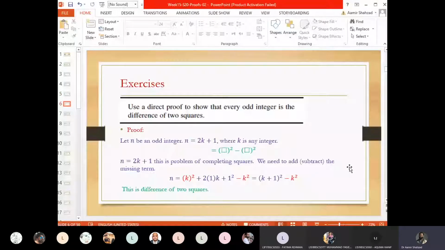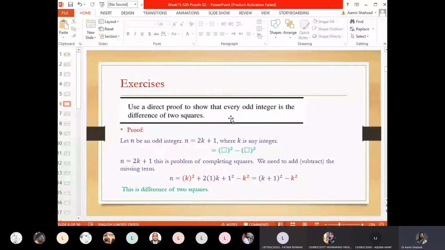Let's do another example. This is an interesting example. Use a direct proof to show that every odd integer is the difference of two squares. हमारे पास जब भी कोई odd integer होगा, so this is going to be a difference of two square numbers. स्क्वायर नंबर आपको याद, लास्ट क्लास में हमने डिस्कस किया कि स्क्वायर नंबर, परफेक्ट स्क्वायर्स वो नंबर होते हैं जो